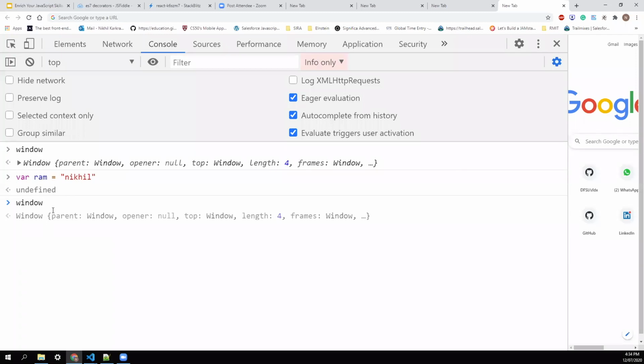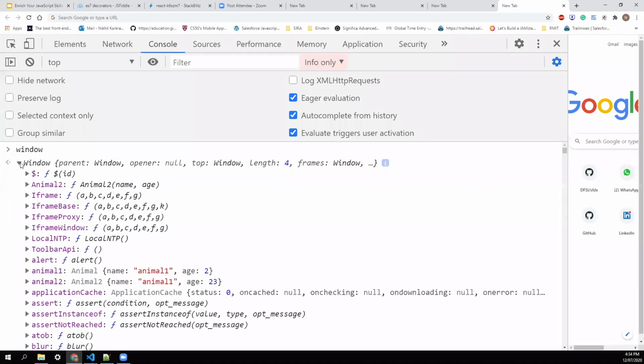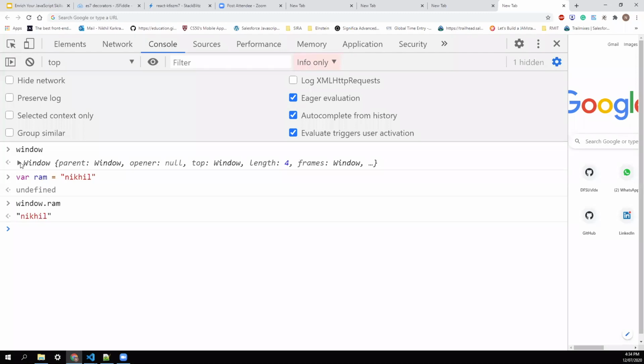So if I say window.ram, it gives me the same value. Everything in the global scope is the window. That's why we said we should not pollute our global scope. It's always preferable to create as many local variables as you can using let and const within the function, and we should avoid creating global variables randomly. Okay, thank you. Yeah.